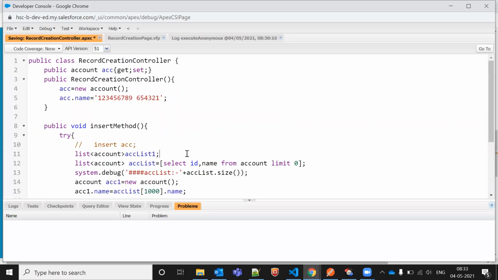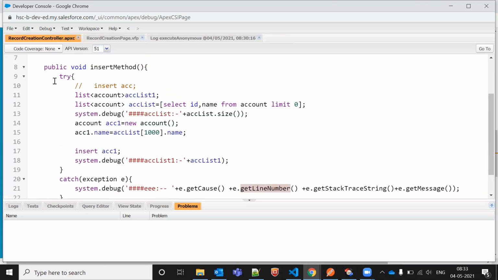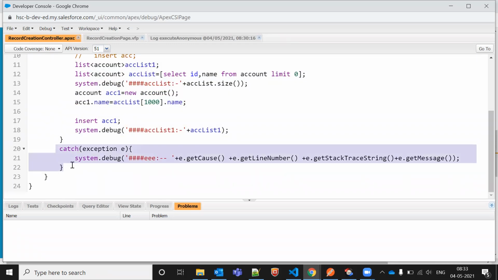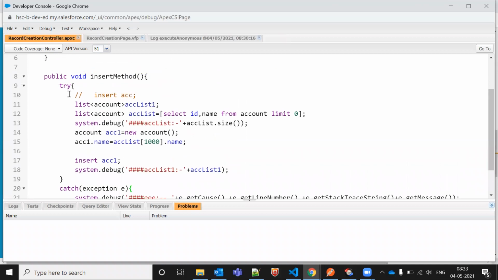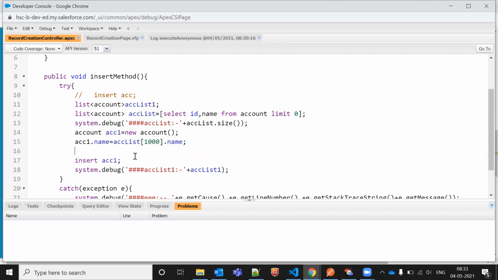Okay, help me understand one more thing. In line number 21, you have a debug, right? Why are you not able to find that one? Because this is not going to the exception now, that's why we are not able to find it. If it breaks because of some issue, that time we can capture whether this is breaking or not.